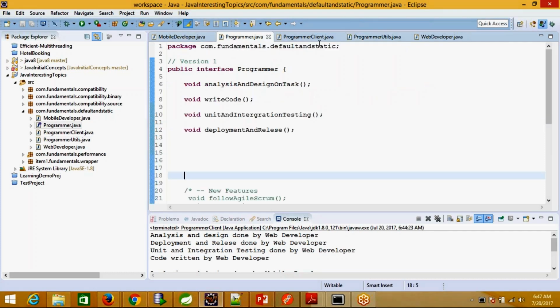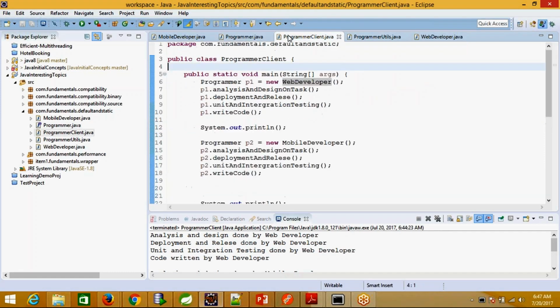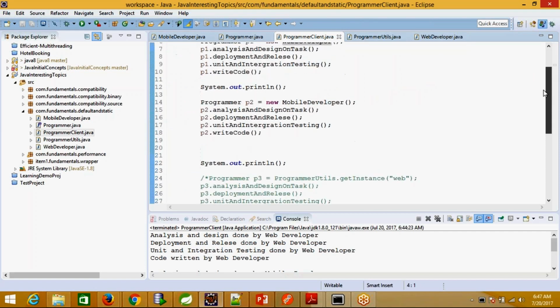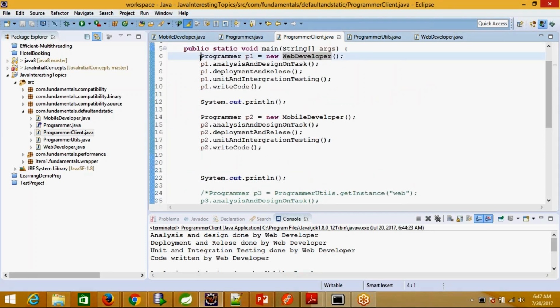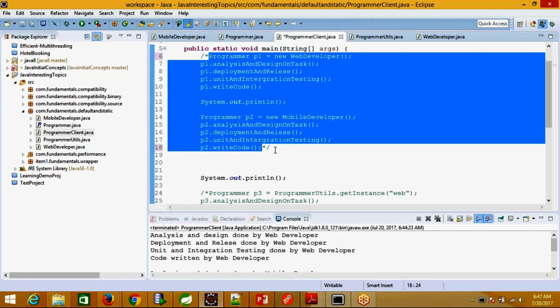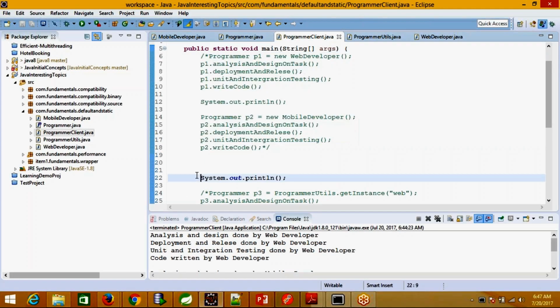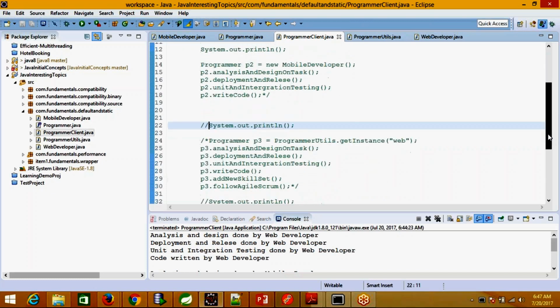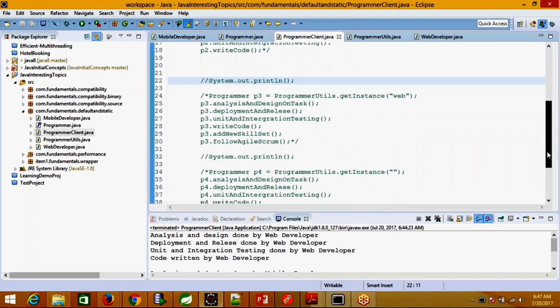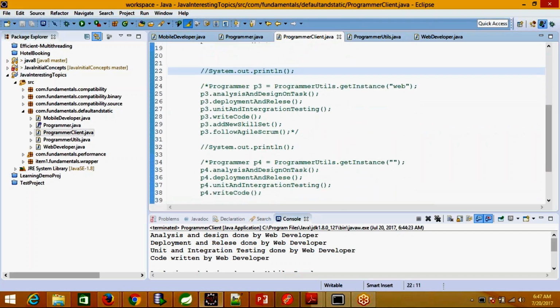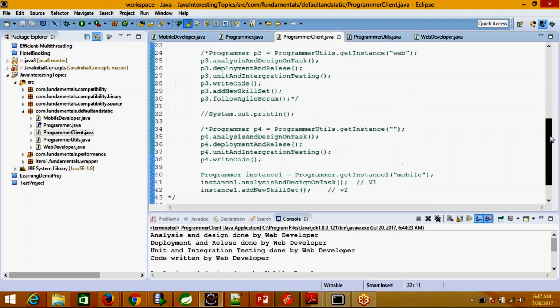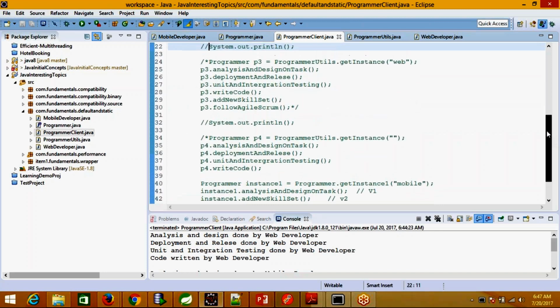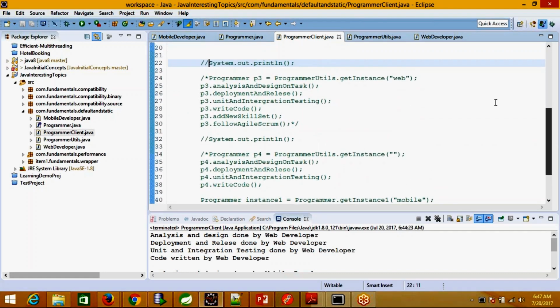So let's go back one more time to the client class, and let me comment this out for now, and this one also. And say for example, this part we can uncomment.